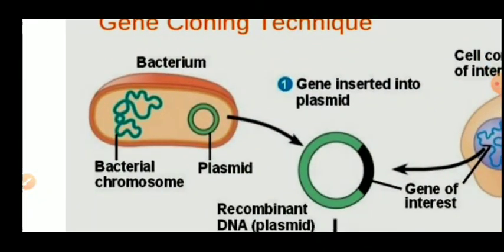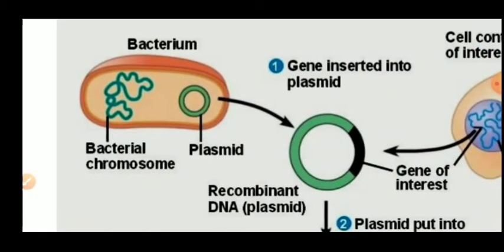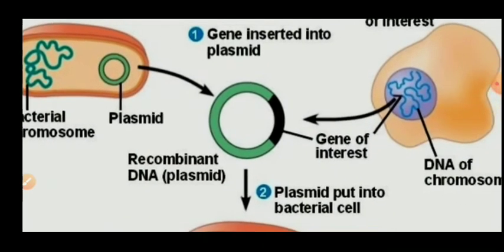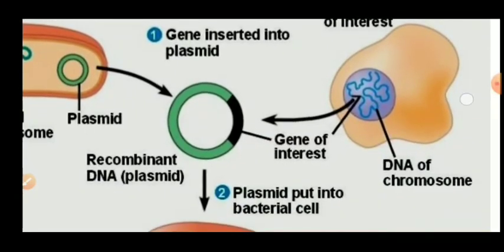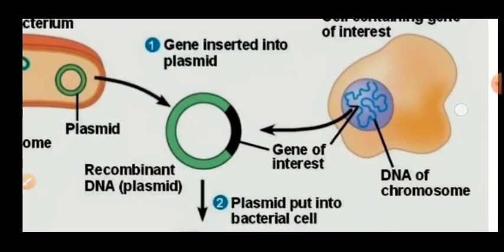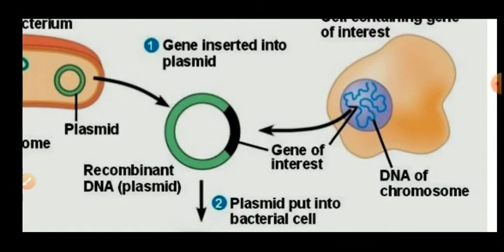Suppose this is a bacteria, right? It has a plasmid. We usually recover the plasmid from bacteria, or it can be artificially constructed also. Now, this is a plasmid. This is a foreign gene, say for example, an insulin-producing gene. So, the gene of interest is isolated from the organism. The gene of interest is cut into pieces by restriction enzyme, and a definite length fragment of the foreign gene is inserted inside the vector.